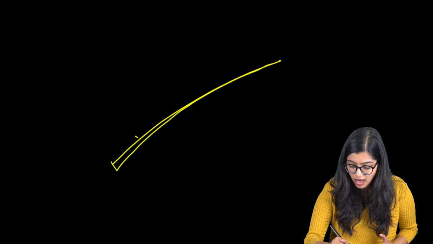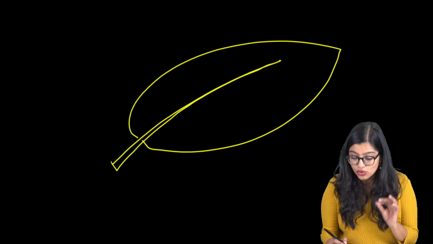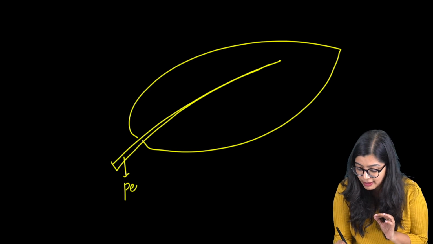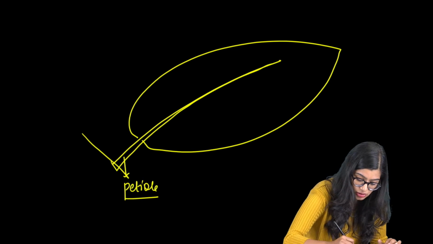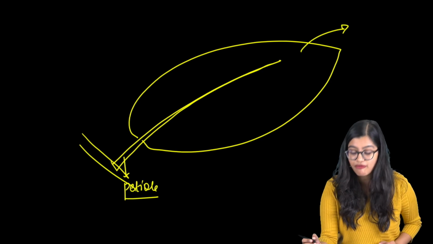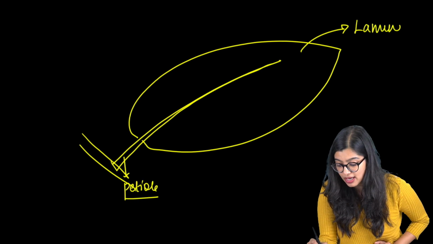You would draw one stalk like this. You will draw a long line, right? And then around that, you will draw your lamina that is there. So now we have understood this part is my petiole. Yes, this is my petiole that is connecting it to my stalk. Now I know that this is the flat, broad part of the leaf, which is called the leaf lamina, or I can call it a leaf blade.